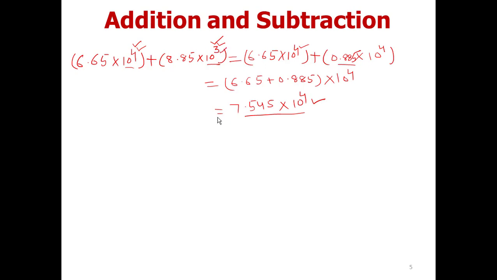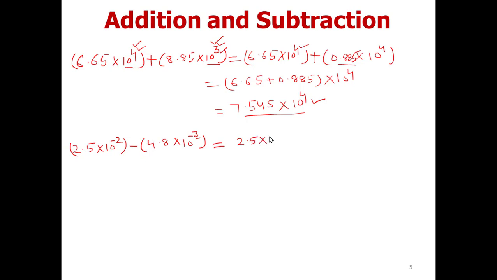Now similarly, let us do one more example of subtraction now. So the question is 2.5 into 10 raised to the power minus 2 minus 4.8 into 10 raised to the power minus 3. Now again what we have to do, we have to make the exponents same. So what we can do, we can make it minus 2. In order to make minus 2, we have to add 1. So what we can write,